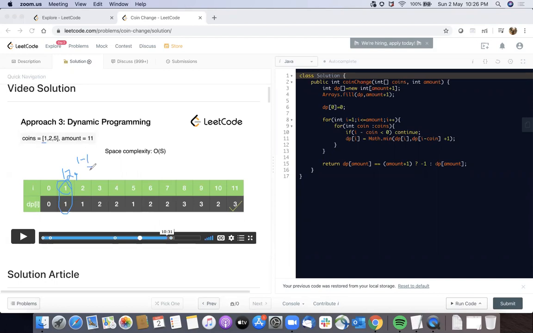So DP of 0, the number of coins needed to make that value, plus 1 coin which I have used. So DP of 1 is 1.